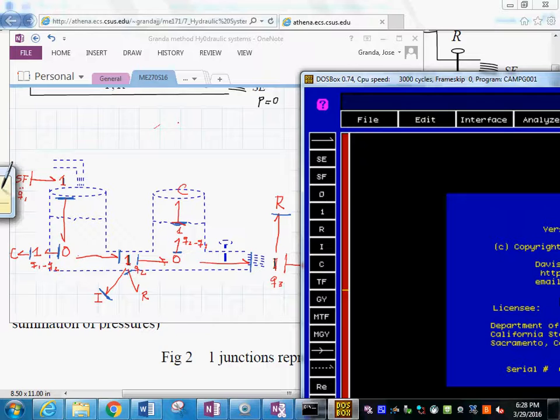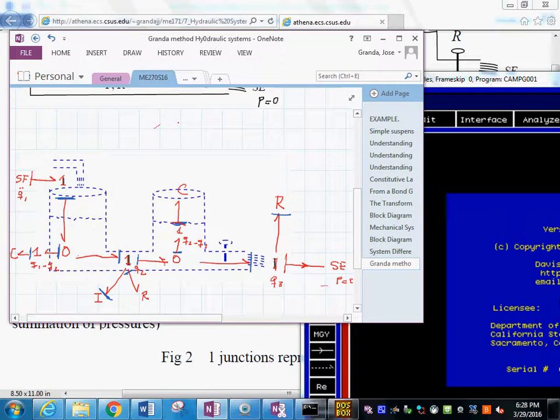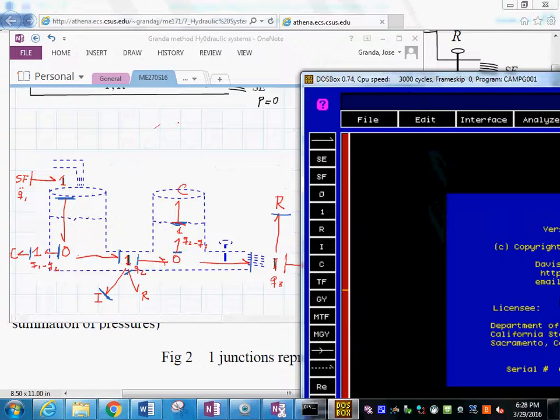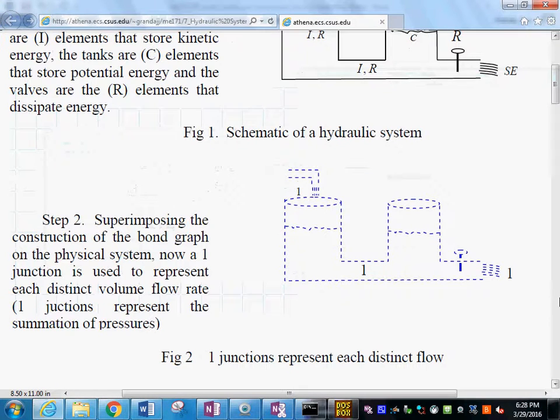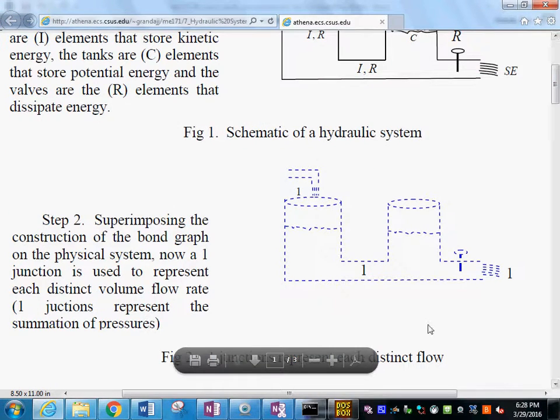Anybody sees where the mouse is? I think we have, just a moment. Let me see this mouse. We are going to